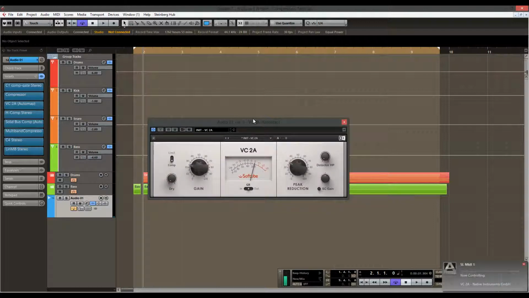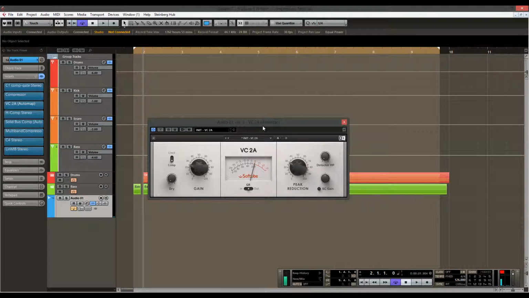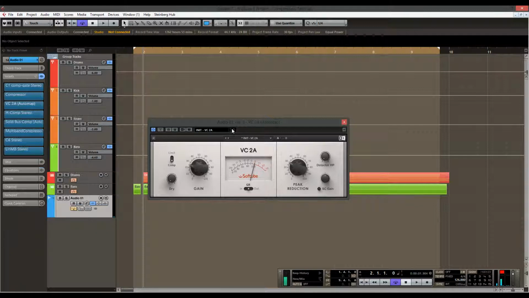So another compressor which is cool and very useful is Native Instruments VC2A, and it's modeled after a physical compressor that was invented in the 1950s or something, way back when, and has been kind of a staple for many years. There's also two more, the VC 160 and 76, which is the same kind of compression. It's a classic compression. Essentially,